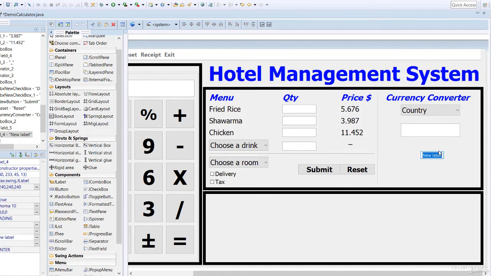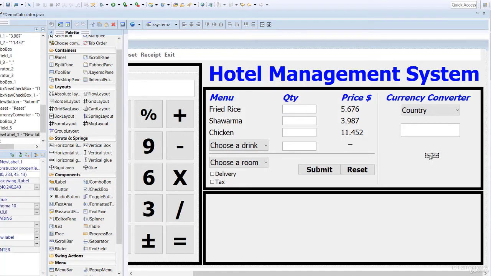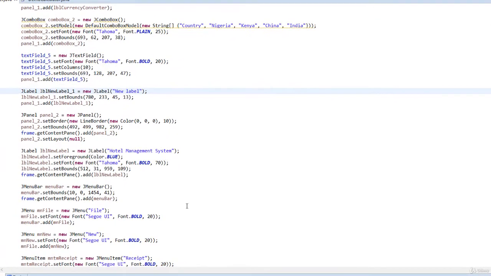I'll drop it here. So what I need to do now is I'm going to leave this jLabel here. Then I'll go over to the properties of this jLabel, go to source. So under source,